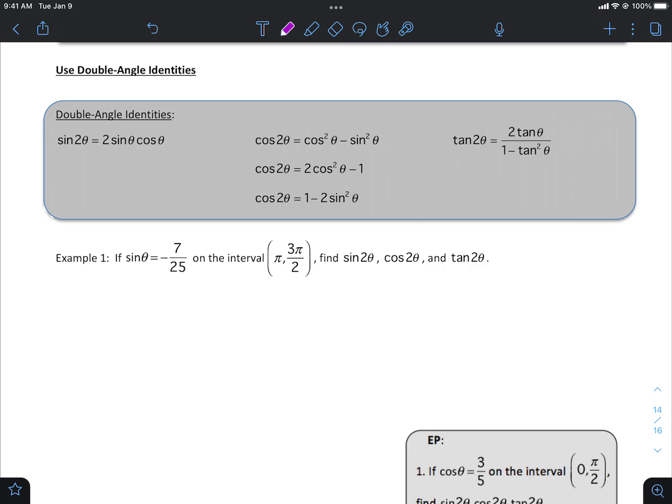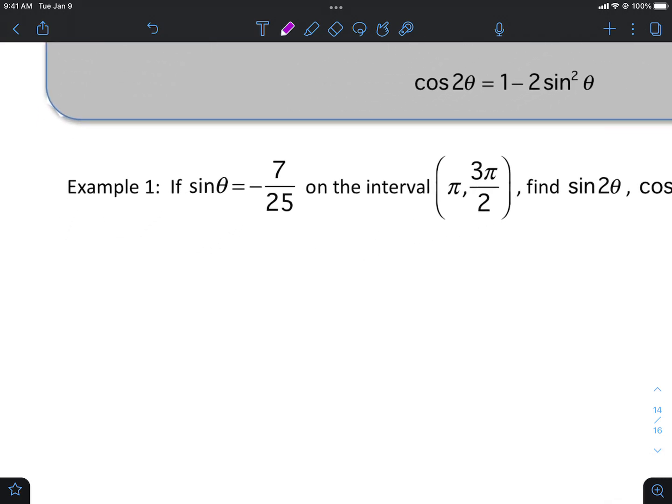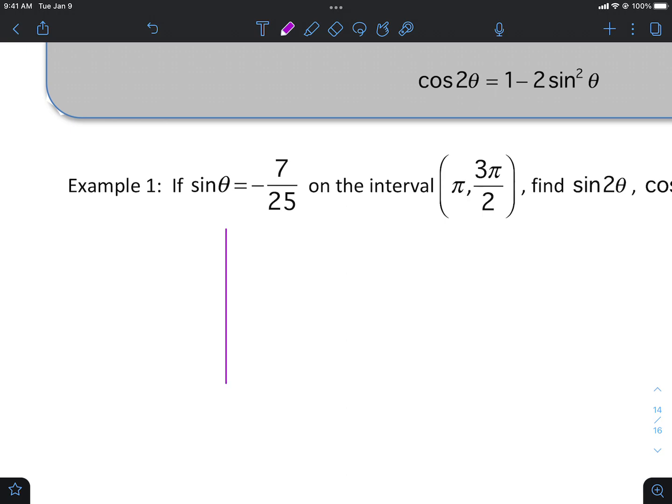So we got if sine of theta is negative 7 over 25, and it's on the interval from pi to 3 pi over 2. That's going to be in that bottom left quadrant. So I'm going to go ahead and start sketching that out. Remember, you're going to always make an angle with the positive x-axis here, so this will have the opposite side